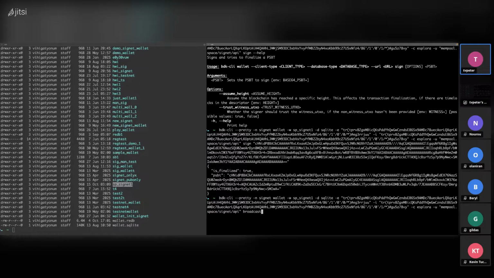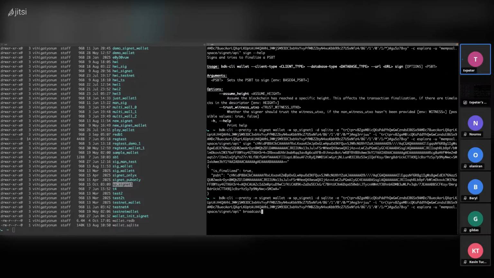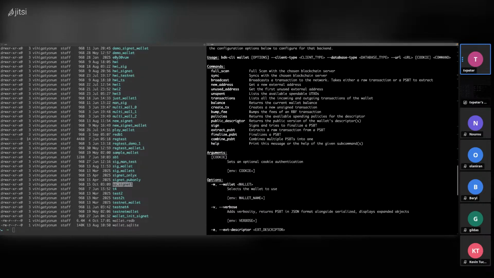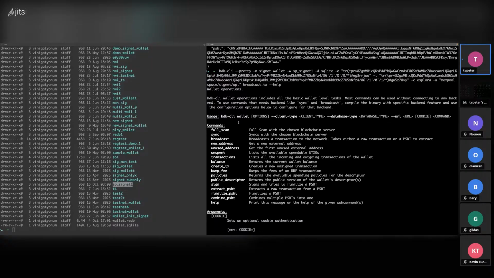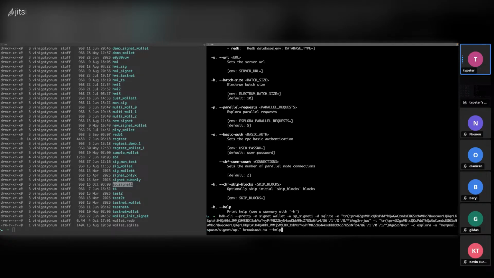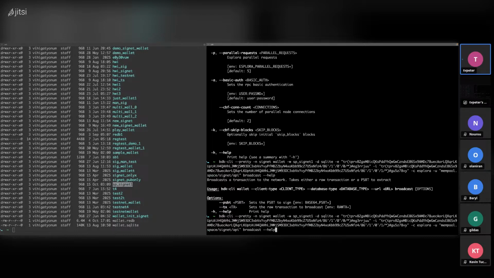broadcast. Remember, if you don't know the commands offhand, you can just type --help. You can see that this is the broadcast command. So I can say broadcast and then --help, and I can pass it either as PSBT or TX. So I'll say PSBT, and then